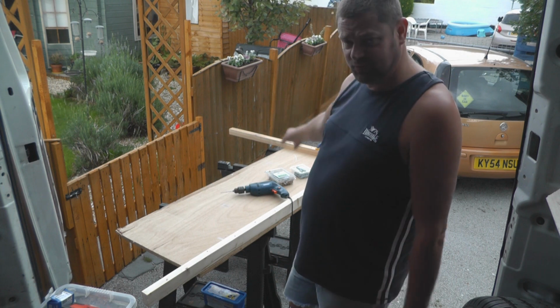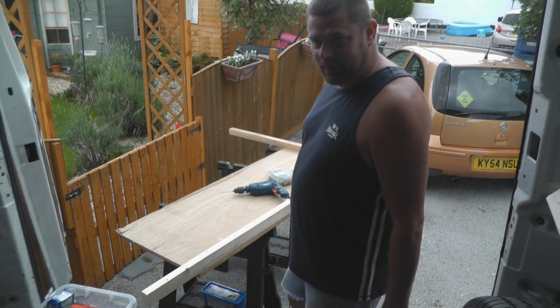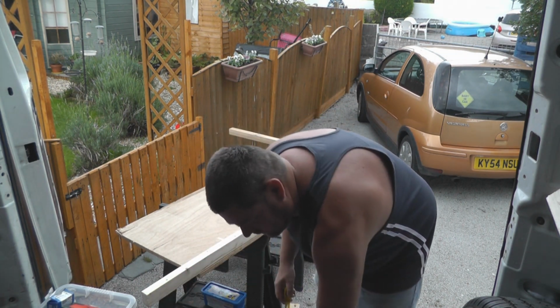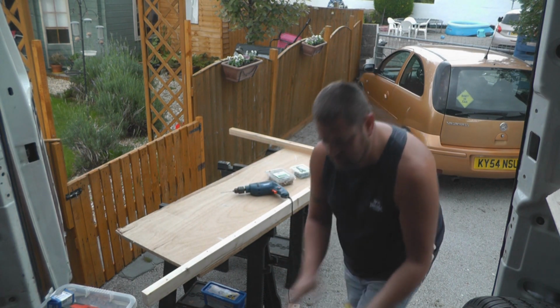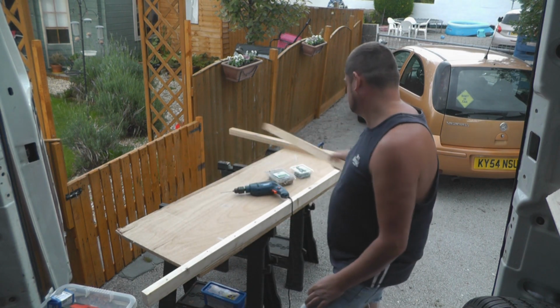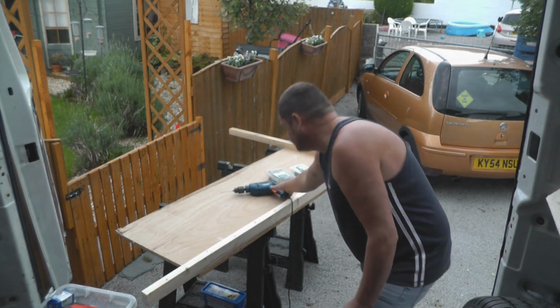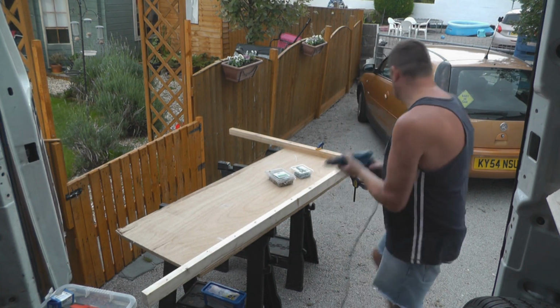So I cut my 2 pieces, which were 110, I think, that length, and then whatever they were across from here. That long now, I've forgotten. There we go. So yeah, the 110 across crossbars there. Okay. So what I've done is change the drill bit, put a slightly longer drill bit on, clamp them together from the right angle, and